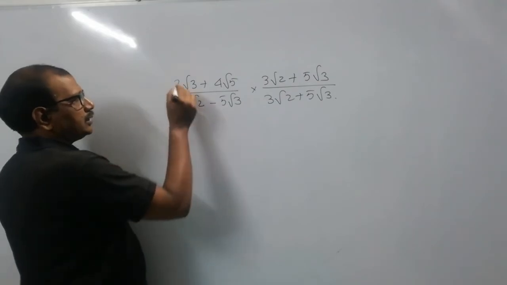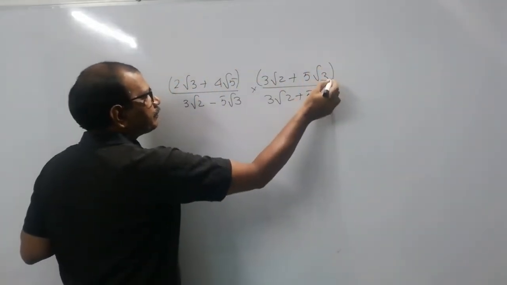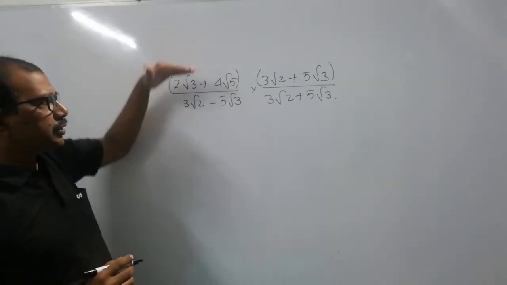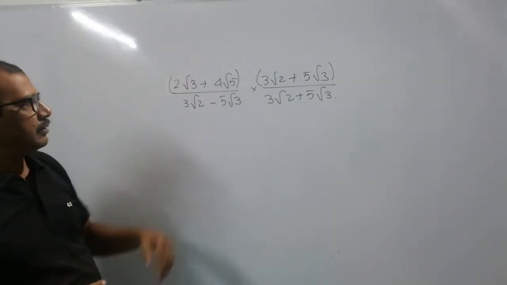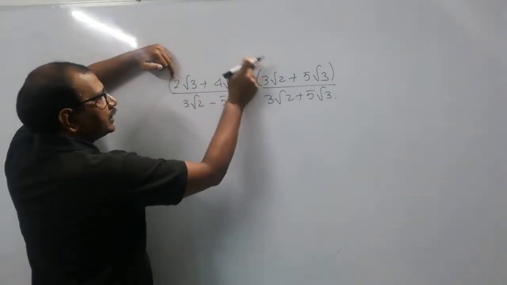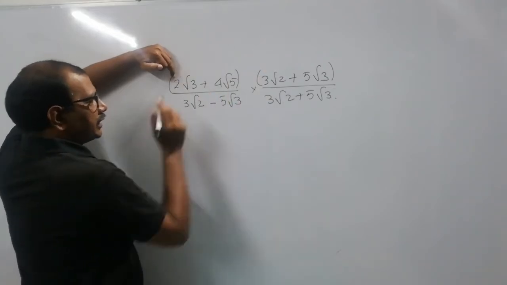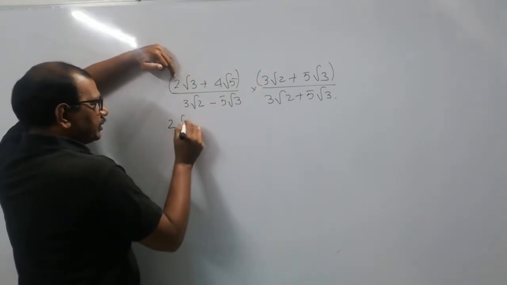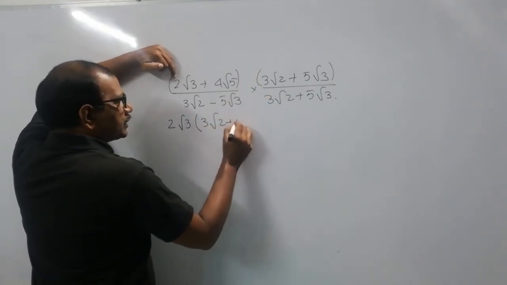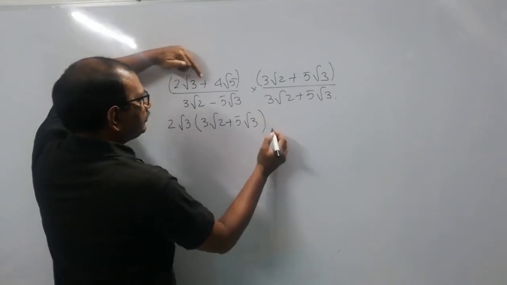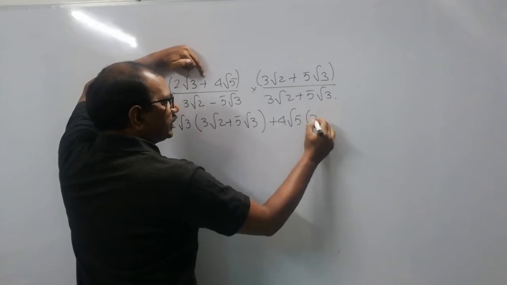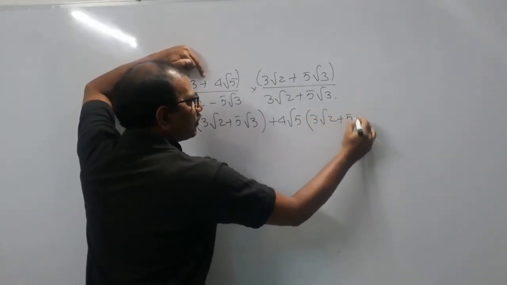Now the numerator is a multiplication of two binomials, है ना? So this term into this term. अब यहाँ थोड़ा ध्यान से देखना, मैंने जानबूझ के ऐसे टर्म्स लिए जहाँ पे आपको कैलकुलेशन विल बी थोड़ा सा कॉम्प्लिकेटेड रहेगा. You'll find that you'll have to multiply the rational with the rational and irrational with the irrational. So ये step मैं थोड़ा सा deeply कर रहा हूँ. 2 root 3 multiplying this bracket, that is 3 root 2 plus 5 root 3, plus 4 root 5 multiplied by the same bracket, that is 3 root 2 plus 5 root 3